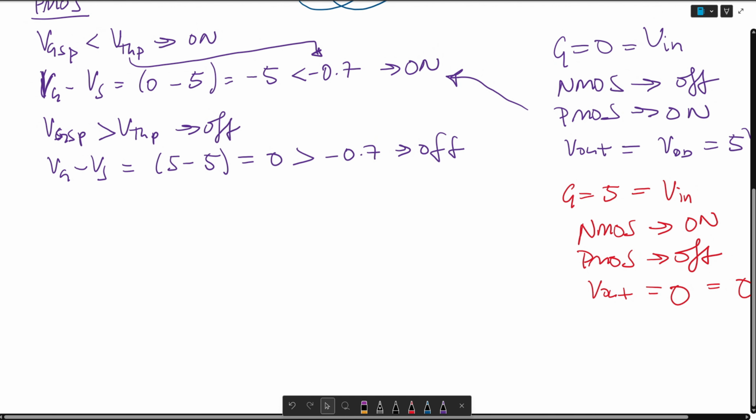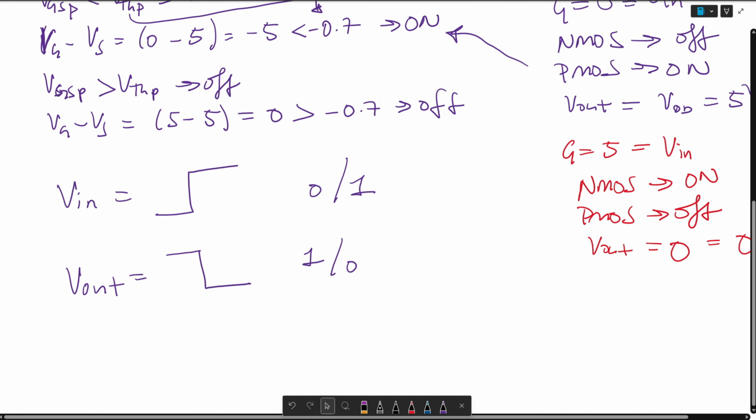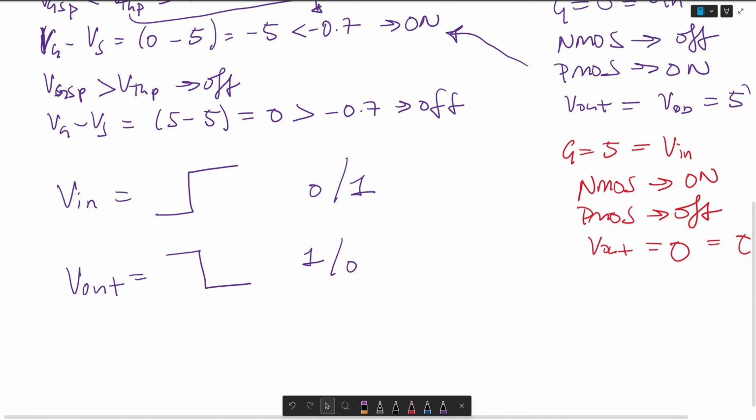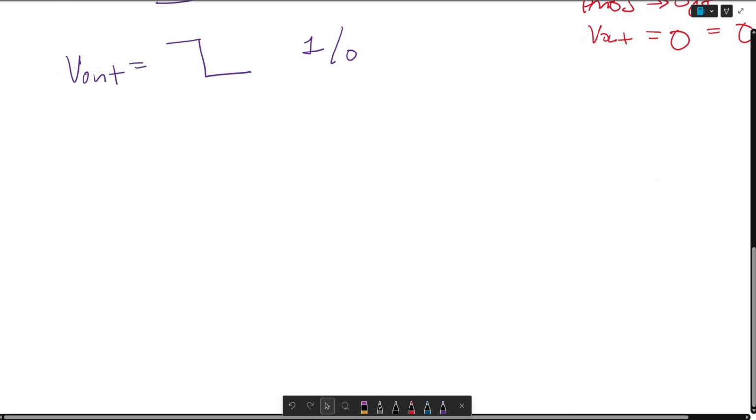And we can have a switching function. So basically, if Vin has a function like this, where it goes from 0 to 1, then V out will have a function like this, where it would go from 1 to 0. Again, this is explained in more detail in the previous video called CMOS inverter VTC, clearly explained. But we can then simplify it